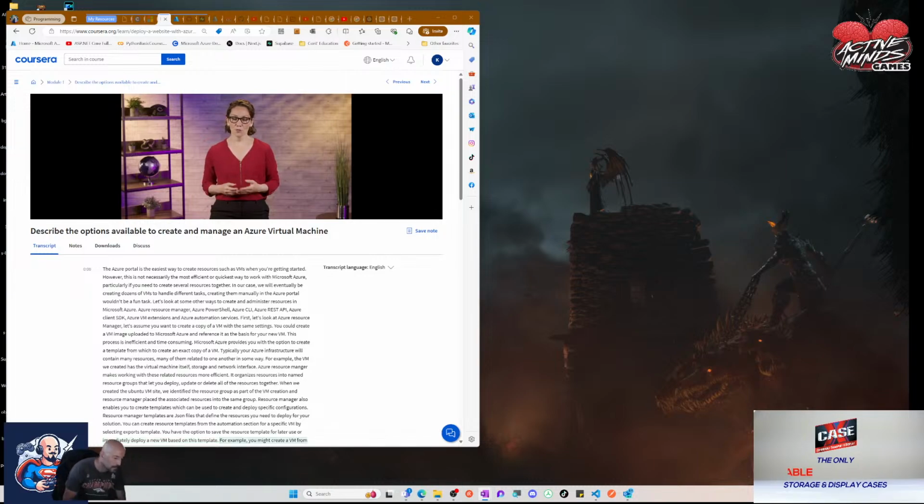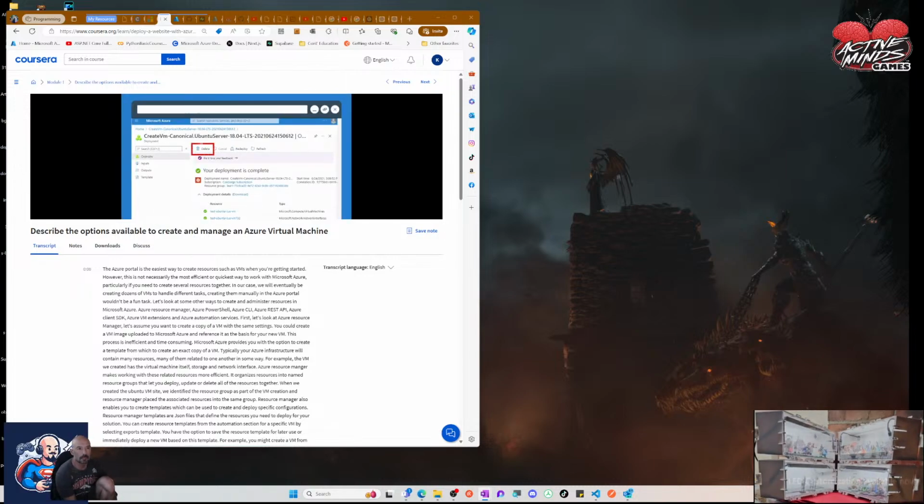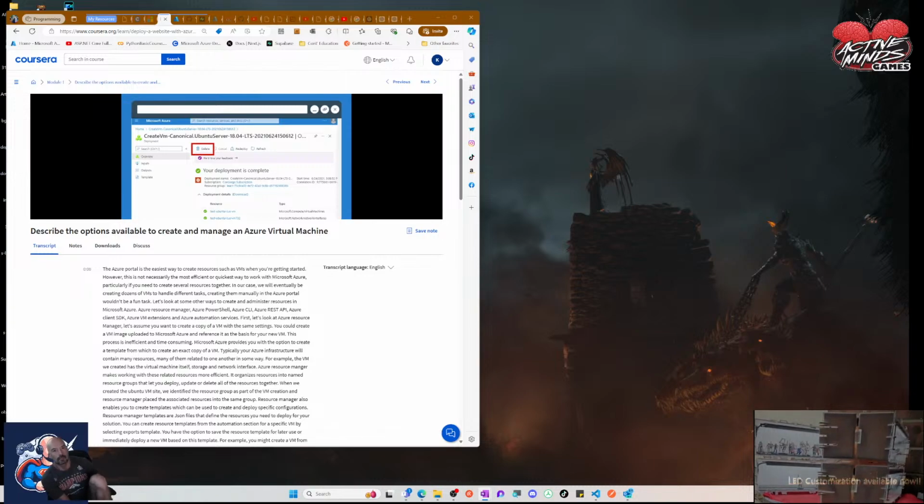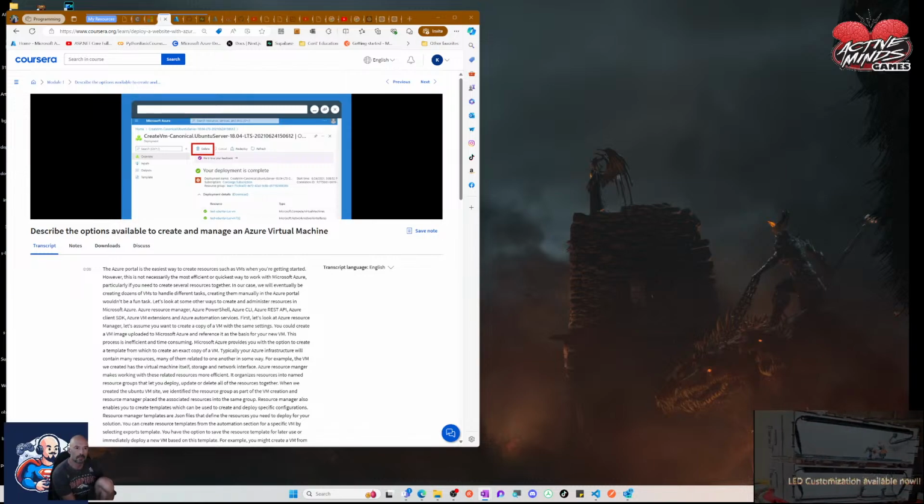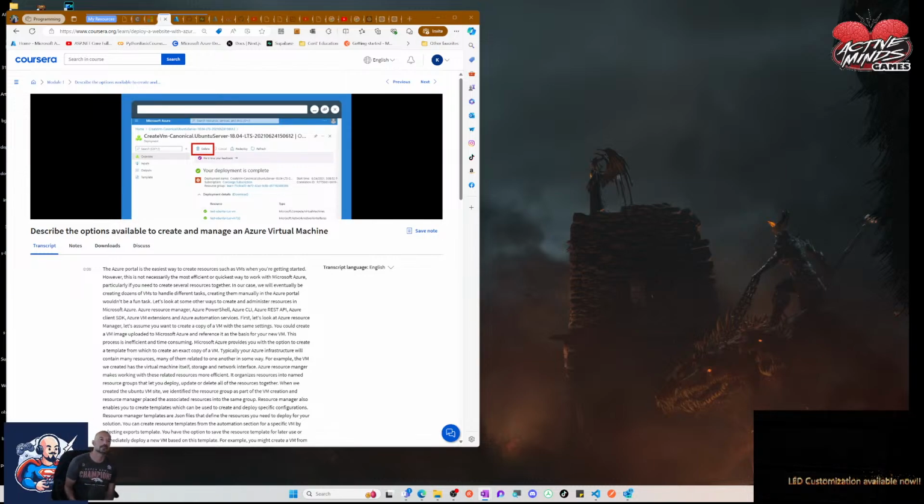this template. For example, you might create a VM from a template in a test environment and find it doesn't quite work to replace your on-premises machine. You can delete the resource group, which deletes all of the resources, tweak the template, and try again. If you only want to make changes to the existing deployed resources,